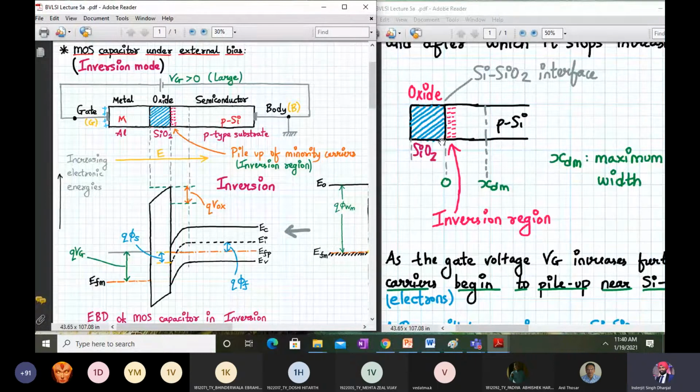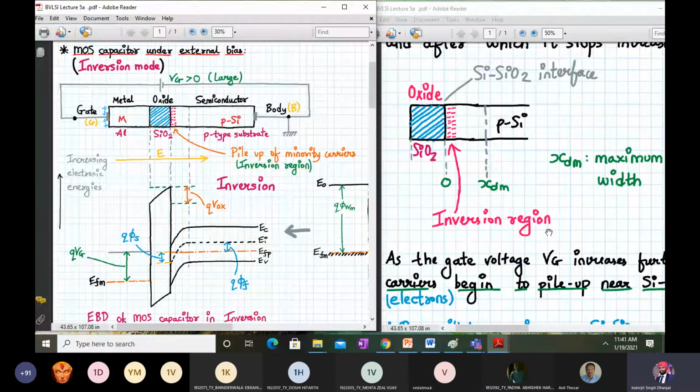Okay. Now listen very carefully. This is a very important concept, that we have a p silicon substrate, and within the p silicon substrate we are creating an n-type material, or we can say within a p-type silicon substrate we are creating a layer consisting of all the electrons. That means we can say within a p silicon we have created n-type. Okay, so that means near the SiO2 interface, the surface will become n-type by inverting the underlying material which was p-type to start with.